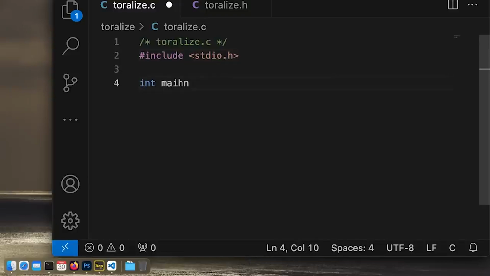create a main, and this time I will type out the longer signature for this main function. That is the argument counter and the actual argument pointer, like this,